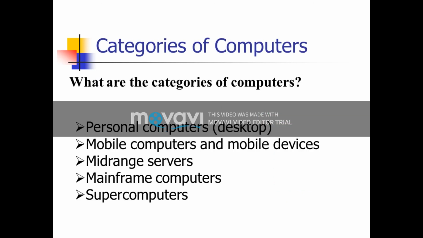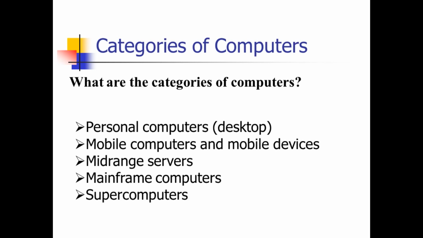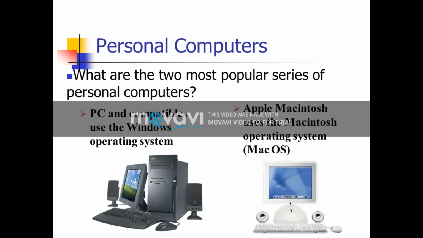Categories of computers may include personal computers like desktops, mobile computers and mobile devices, mid-range servers, mainframe computers, and supercomputers. The PC and compatibles use the Windows operating system, while Apple Macintosh uses the Macintosh operating system. These are the two powerful